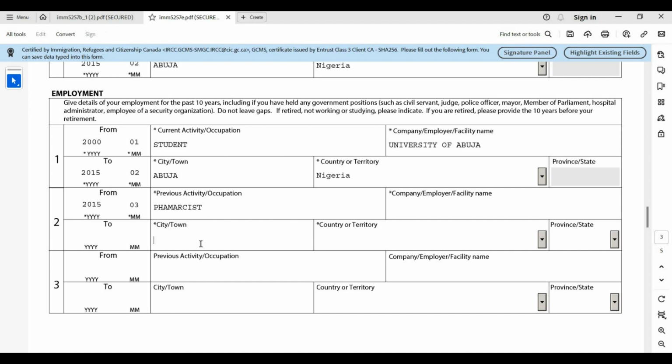In Abuja. For how long? I'll say I worked for 5 years. So 2015, 5 years is 2015, 16, 17, 18, 19, 20. 2020. And I stopped working in January of 2020,